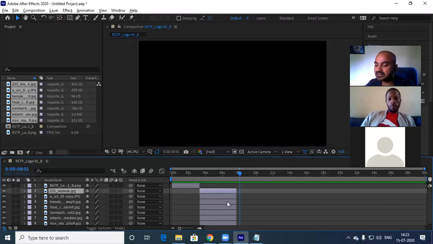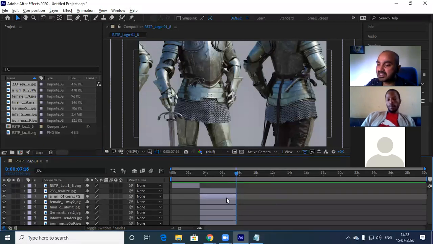Then I'll select this, press O. At the end screen, this is there. Then I select the bottom one. Now I want the bottom clip which I have selected to come after the upper clip. For that there is a shortcut called the open bracket, which is after P, open bracket and close bracket. If you press open bracket, this will come here. You understood? I pressed open bracket, automatically it came here.